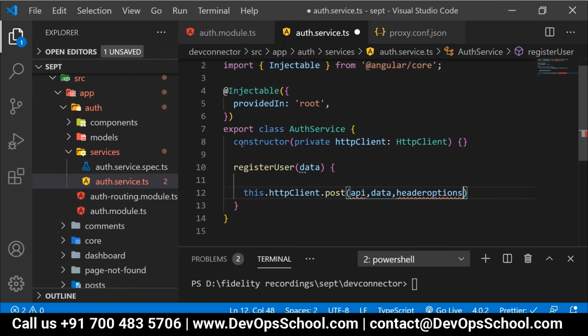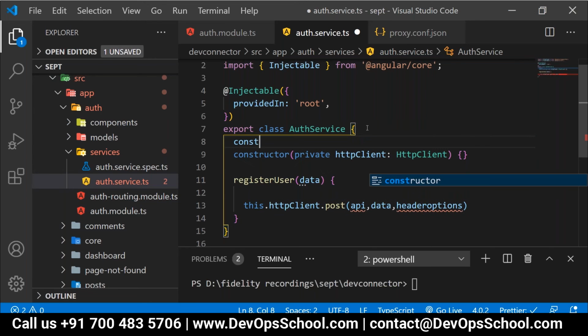Okay, now have a look over here. Constant API equal to /api/users, right? And slash.